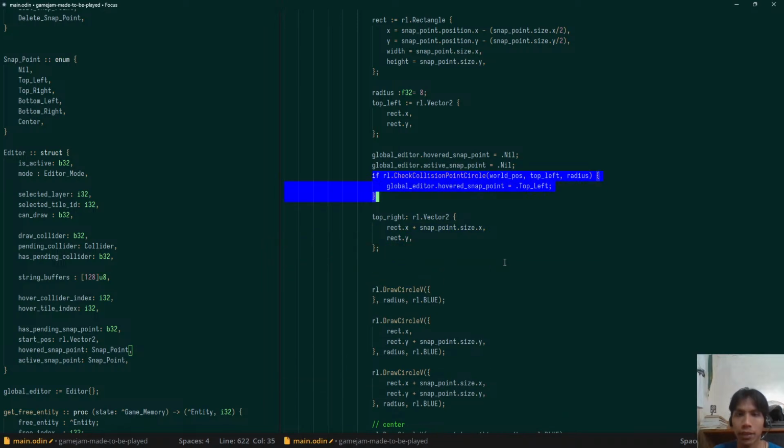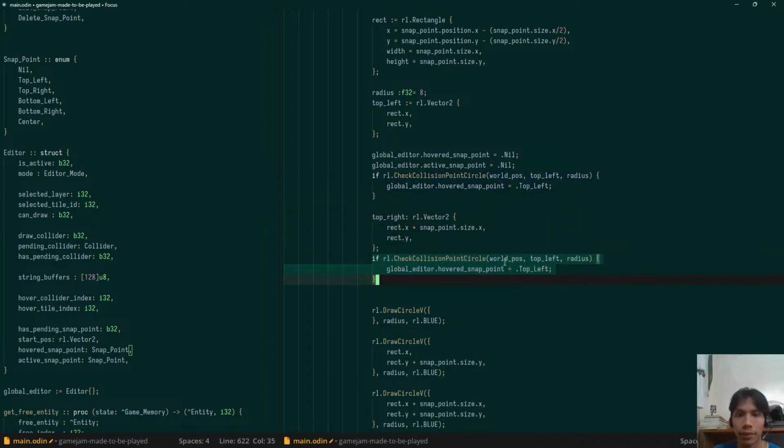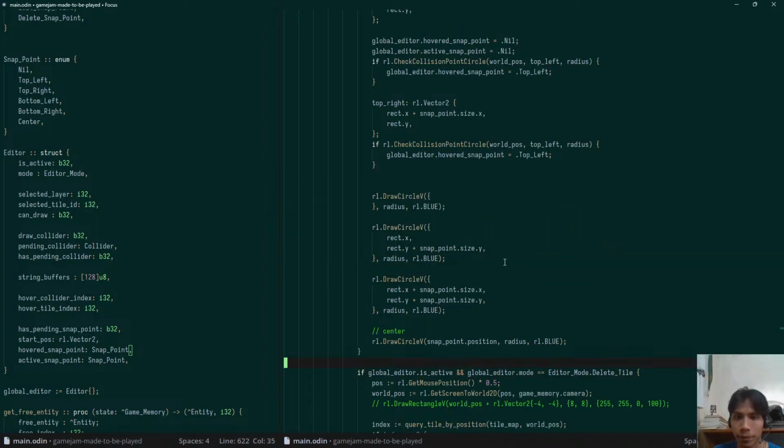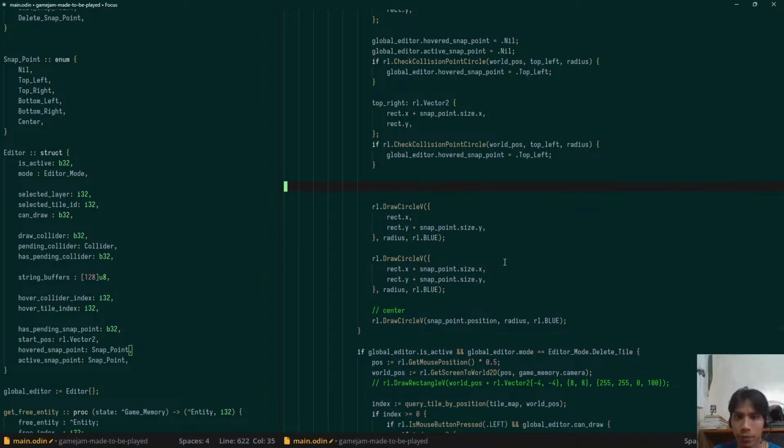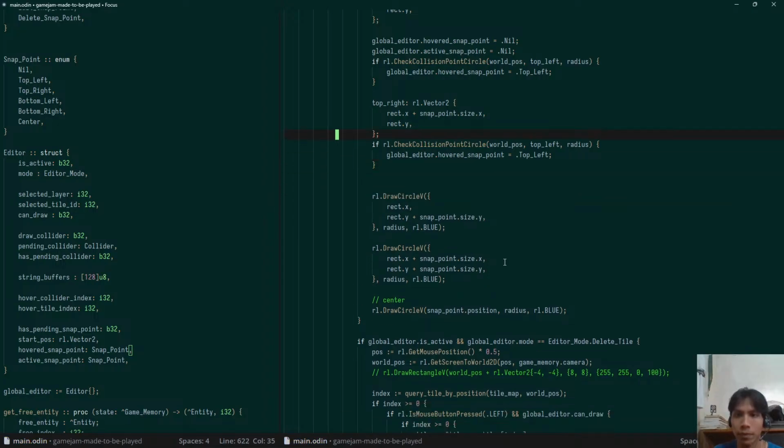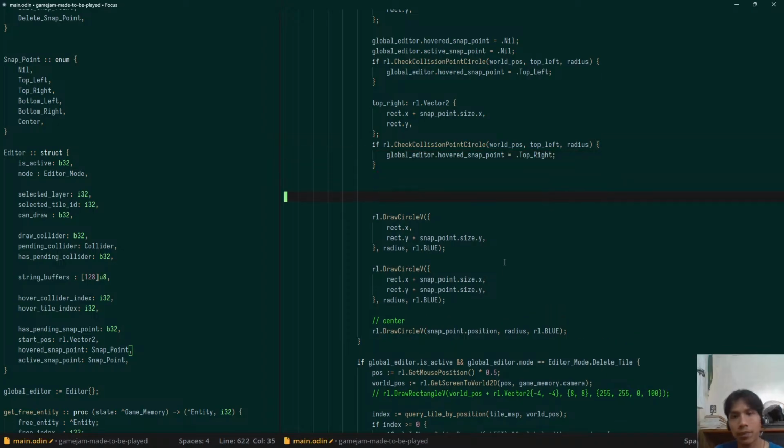We can check this again. This is for top right. So we can continue to the